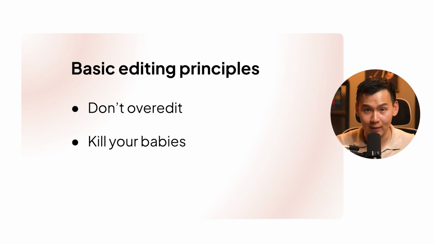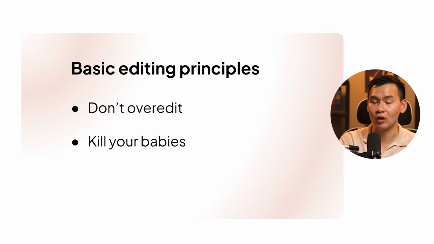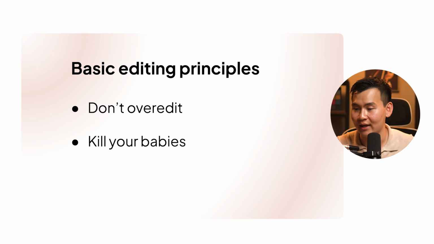And number 2 is to kill your babies, because a lot of the time an actual video will have a lot of fat, right? For example, when you are filming a vlog or a full talking head video, it may feel like there's a lot of stuff you want to talk about, and it's something you recorded, so it's directly genuine to yourself. But a lot of the time it's a lot of fat. Instead of making a 1-hour video, that video would have performed a lot better as a 30-minute video with the core story. So kill your babies means to trim the fat from the actual recording. That's another editing principle that I like to highlight.